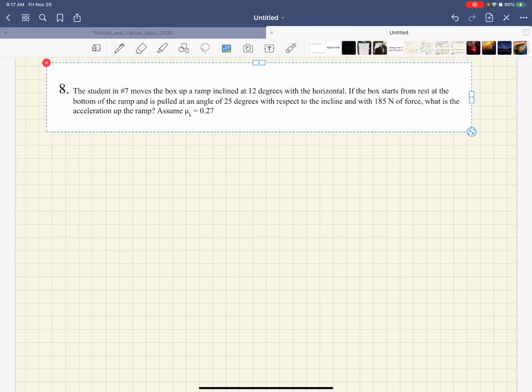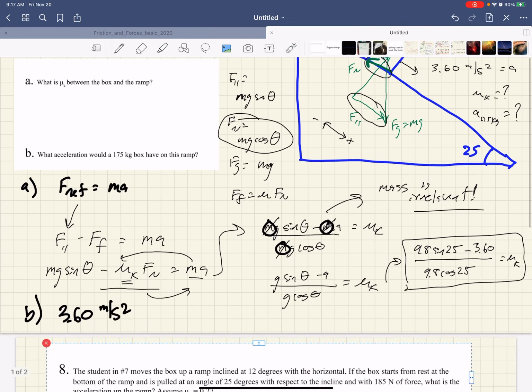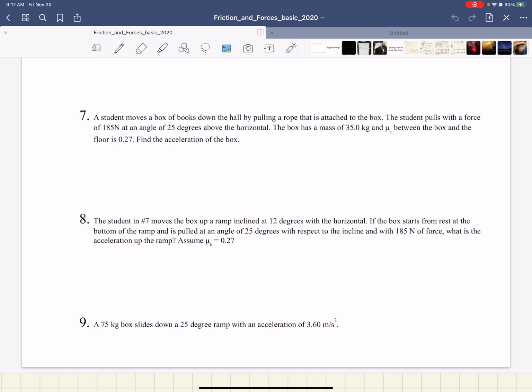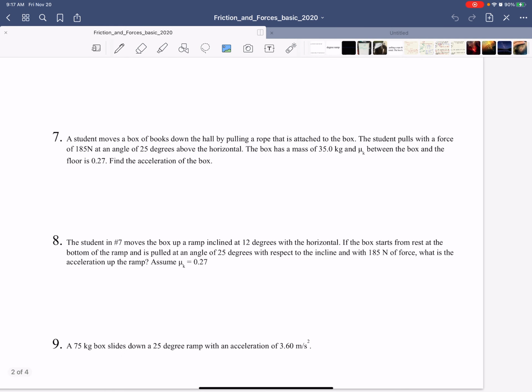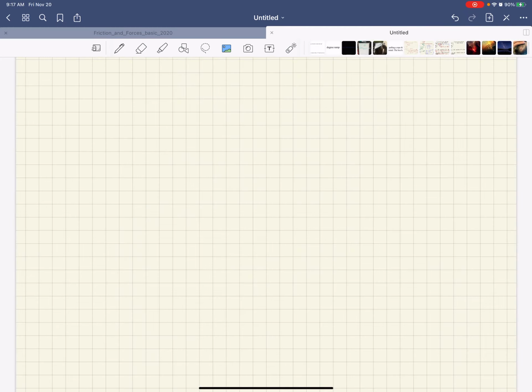Okay, this is going to be number 8 from Friday's assignment on friction and forces. So here we have a student from 7, and remember that 7 is this one right here. So a student is pulling a box of books down the hallway. The box has a mass of 35. Okay, so it's a similar idea for that one,